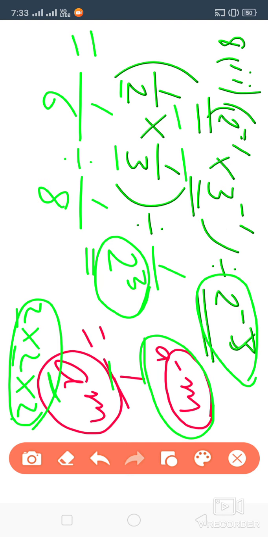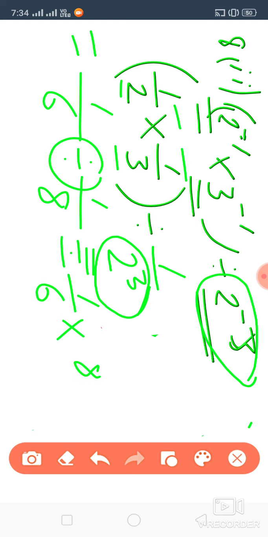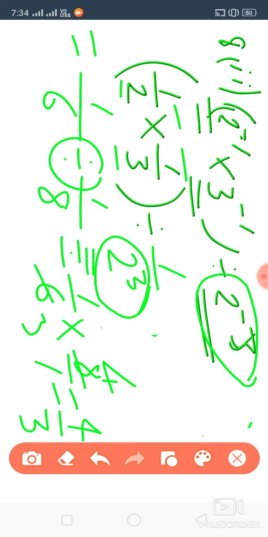Okay. Now further you can solve this part. It will become 1 by 6 into, this division sign will become a multiplication sign and we will take its reciprocal, that is 8 by 1. 8 by 1 means 8 only. Okay, so I am writing 8 by 1 here. Now this can be cancelled. 2 3s are 6 and 2 4s are 8. So overall how much answer will we get? 4 by 3. I hope this is clear to you.